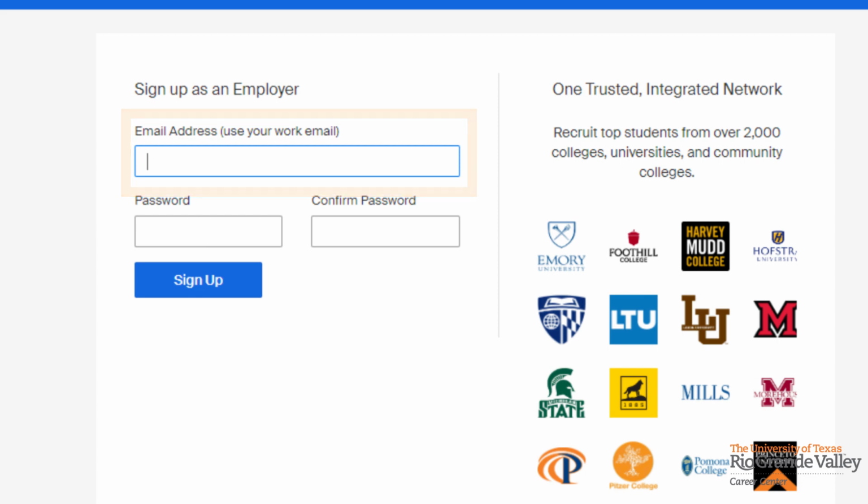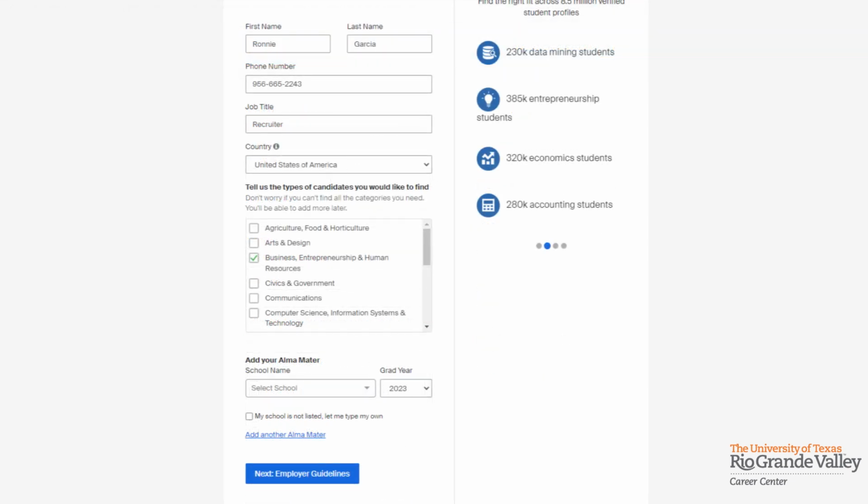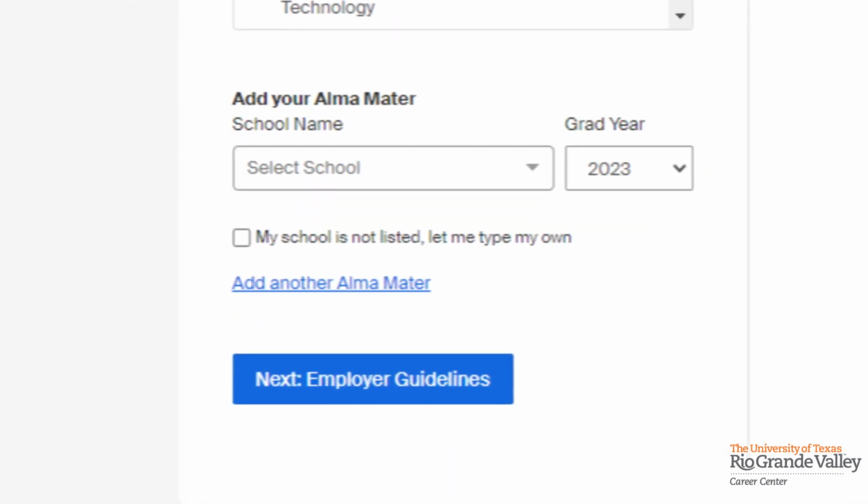Once you typed in your email address, your password, and confirm the password, you will then go to a screen that says, "Welcome to Handshake." It's going to be asking you demographic information about you as a recruiter. Make sure to complete this. Once you complete your profile, at the very bottom, you will see a button that says next and a colon